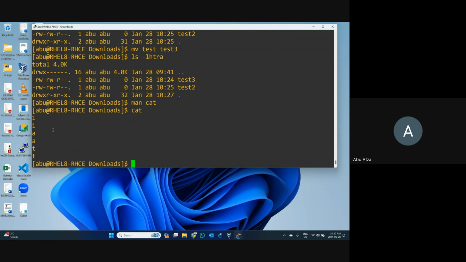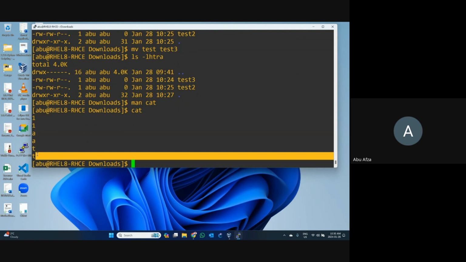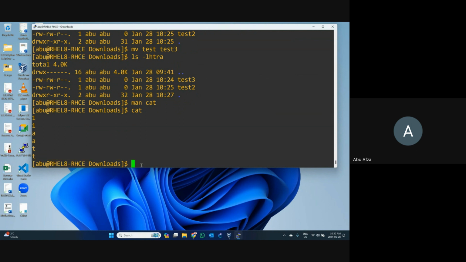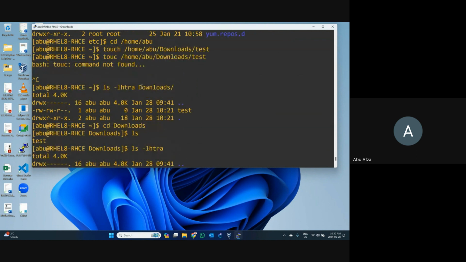You can see I write 1 and it shows output. This is what I input, and cat gives me the feedback output. Input, output, input, output. But I did not save any of this anywhere. Let's save everything in one file. Let's make a file where I can save all the information. Using the cat command, we can create a file, like a few minutes ago we created one using the touch command.